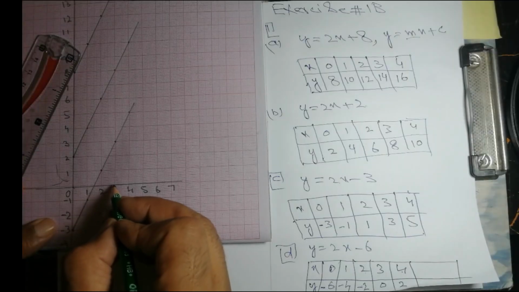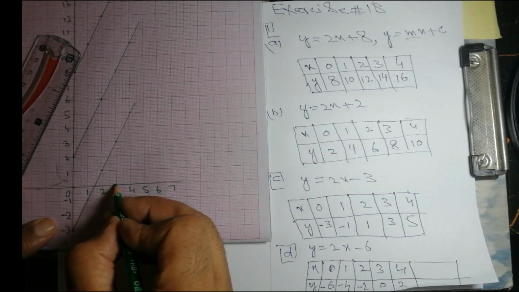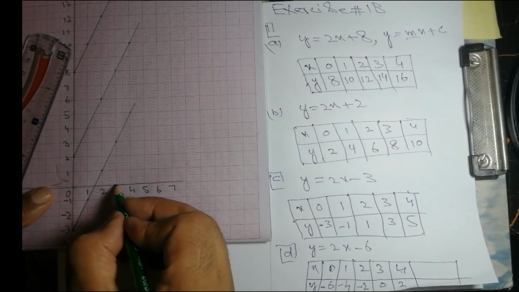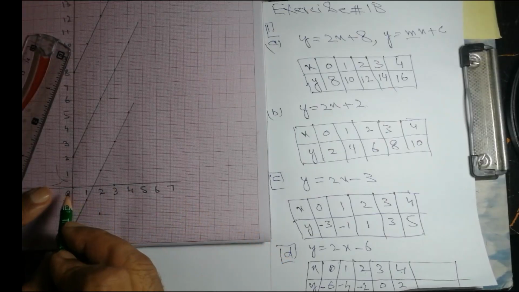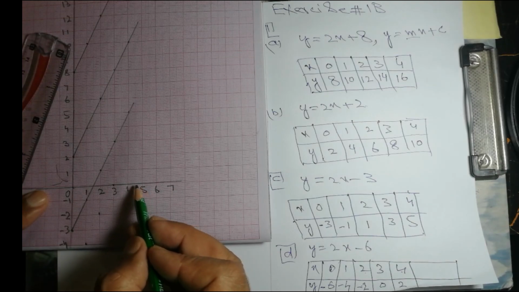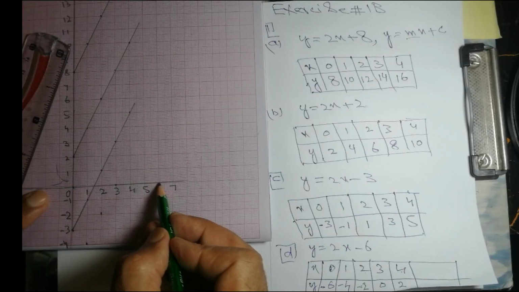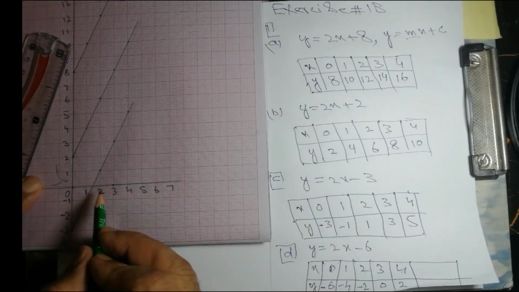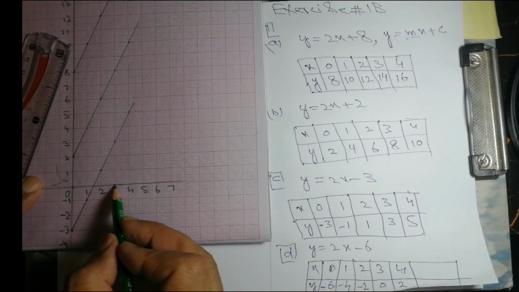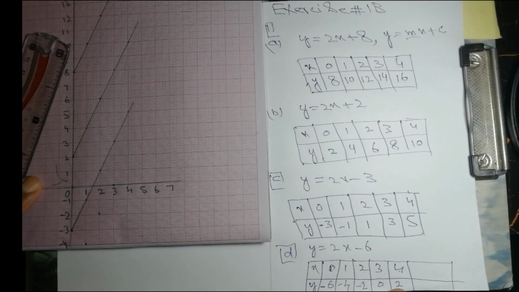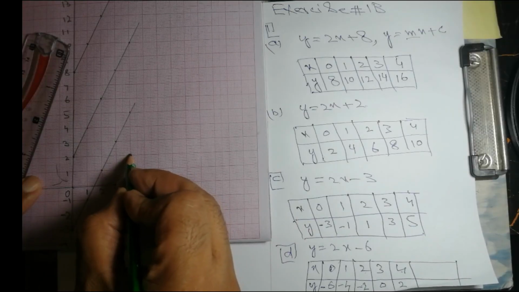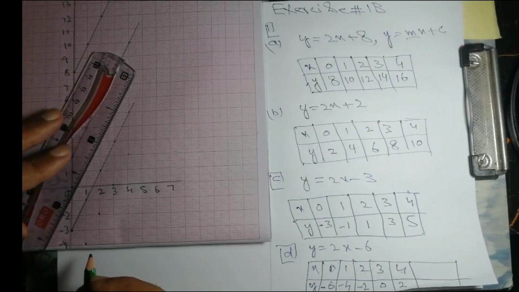And 3, 0. This is 3. x equal to 3 and y equal to 0. So this is the point. y equal to 0 and x equal to 3. This is the x-axis. On the x-axis, for every point, the value of y will be 0. On each and every point, the y value will be 0. So this is 3, 0 and 4, 2. 4, 2 is, this is 4 and this is 2, this point. So if we join the points,